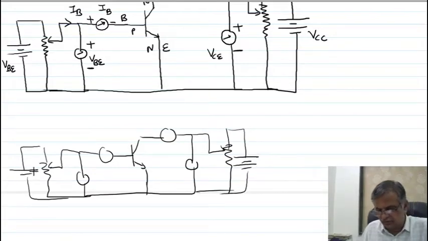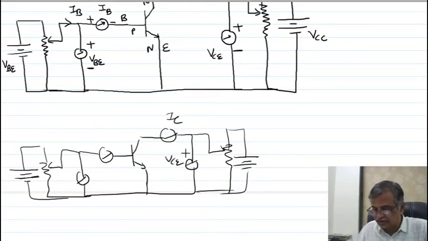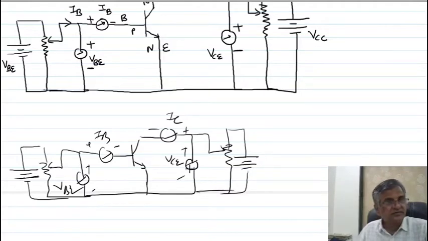There is no need for two batteries, it is not making any difference. Then you can write the base current, the base emitter voltage, the collector current, and the collector emitter voltage. Then you can easily write everything here. So this is a plus minus VBE. This is a plus minus, that's all. So there is no need to cram the circuit diagram, you will understand.